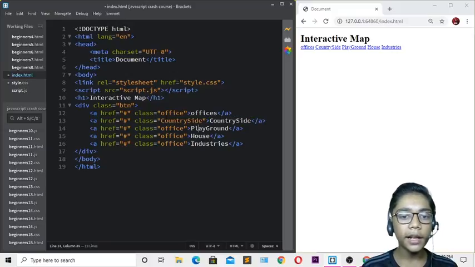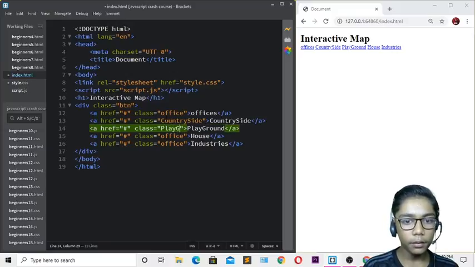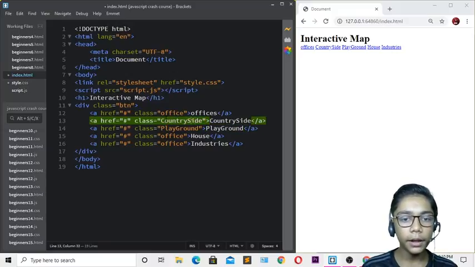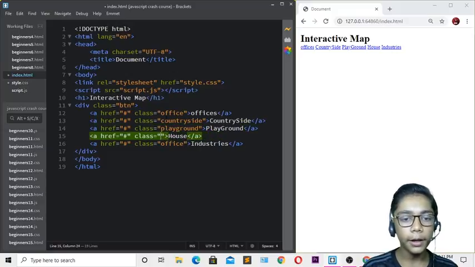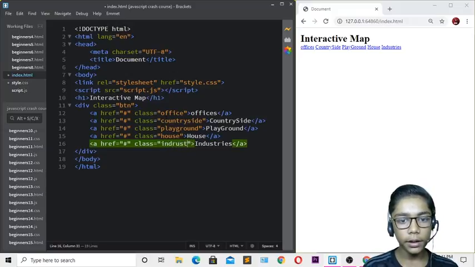Now when you've done that, come over here, I'll be writing playground. So right over here, playground. Now when you've done that, I will be writing s like that, and then small c over here, then t over here like that, and g over here like that. Now you have to come over here, I will be writing house, then industry like that. So I'll be writing industry like that over here.